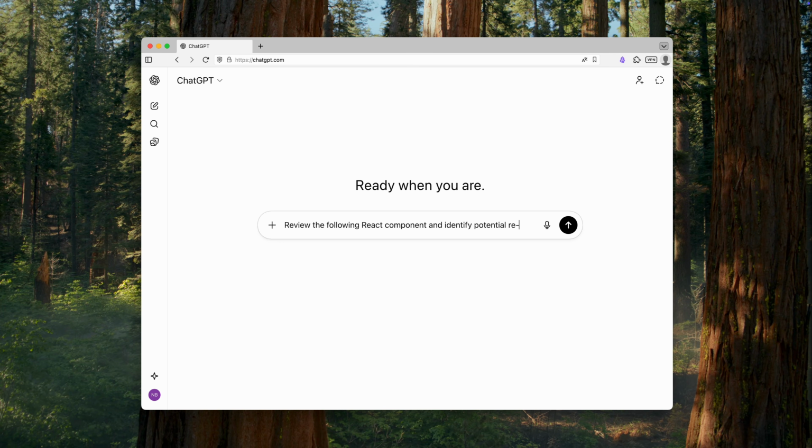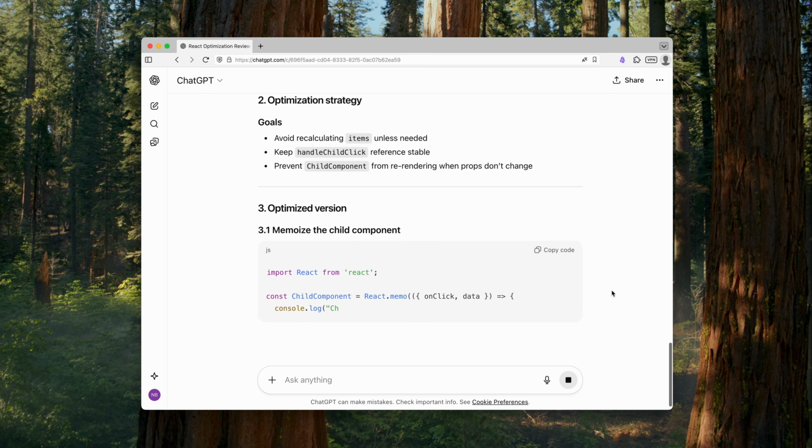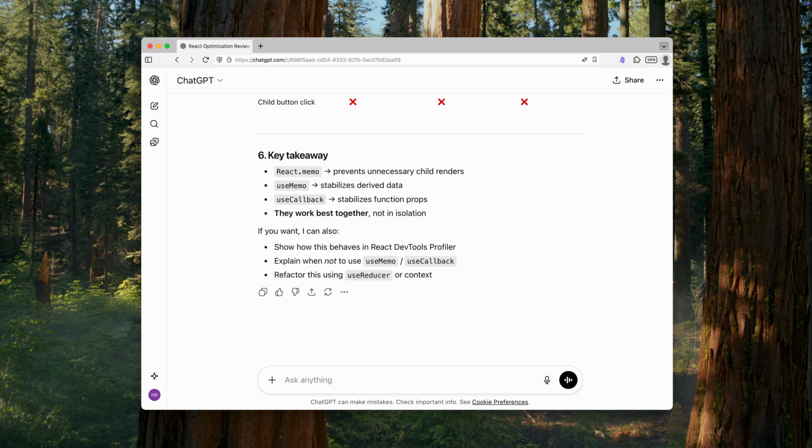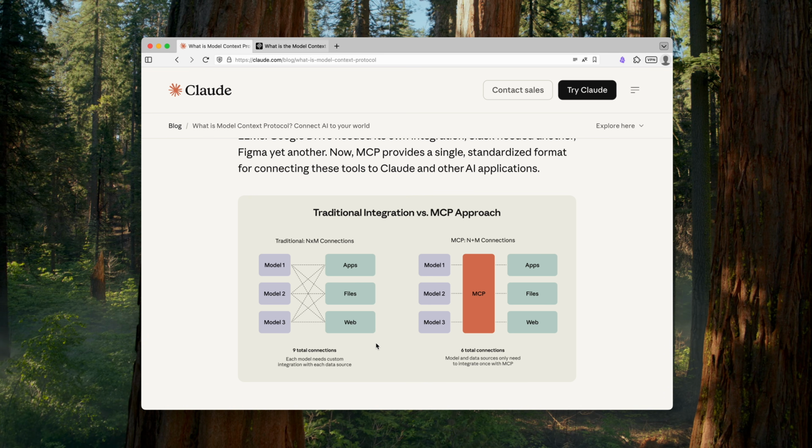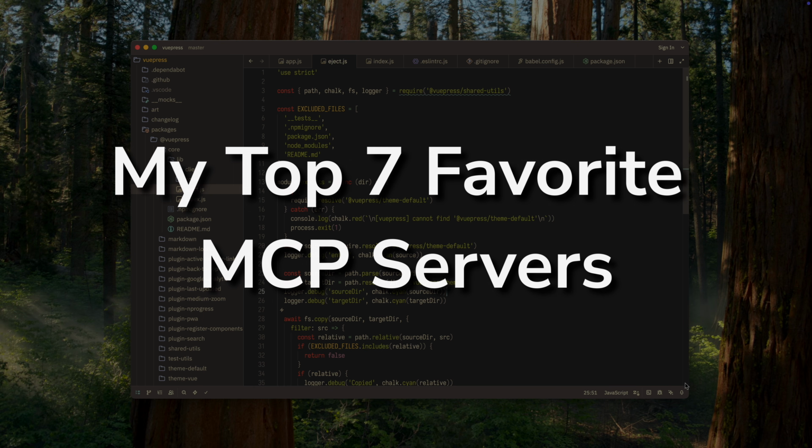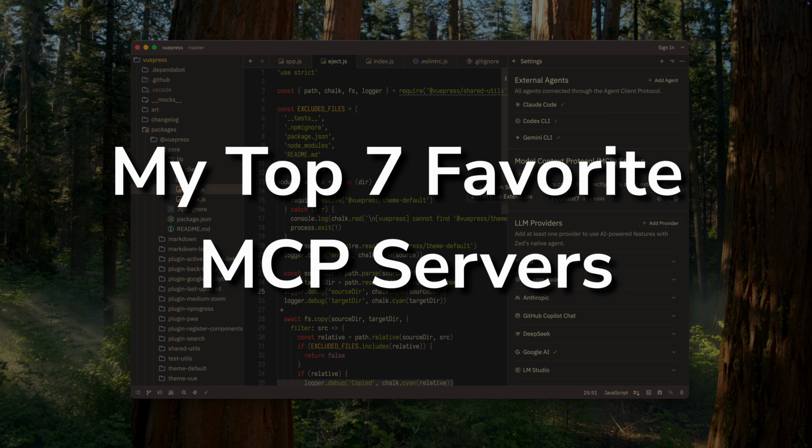Over the past year, AI tools have gotten better at writing code, but they only become truly useful when they get access to real data and systems. That's exactly what MCP, the Model Context Protocol, is for. In this video, I'll show 7 MCP servers that I actually use and that turn AI from a chatbot into